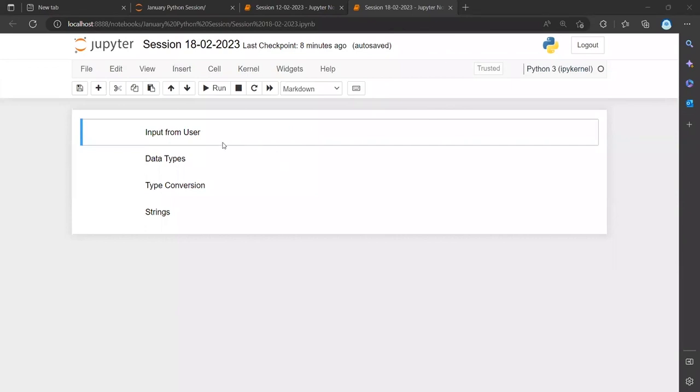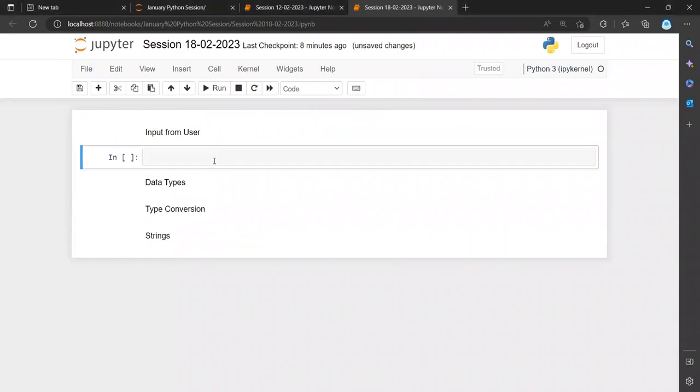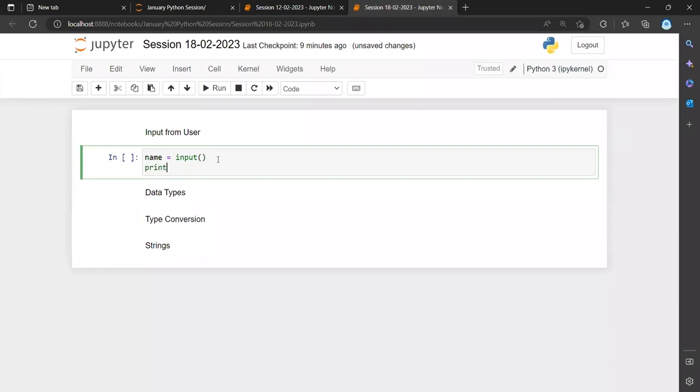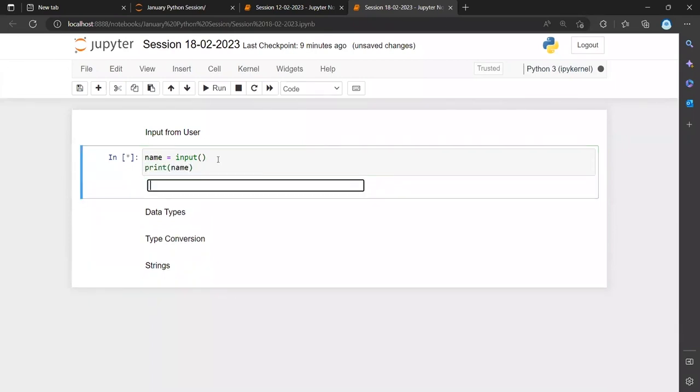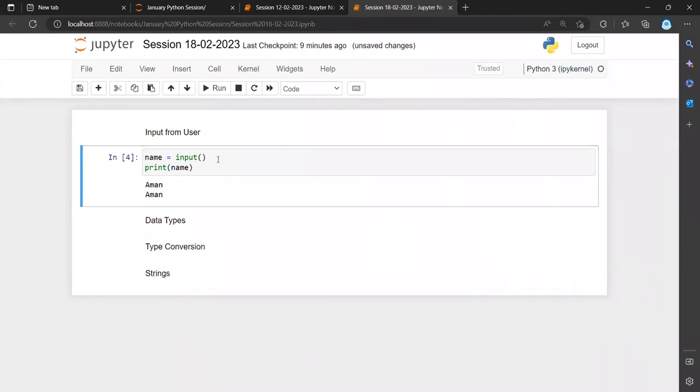So first of all, we'll take the input from the user. Taking input from the user is pretty simple. You just need to declare a variable in which you will be holding the value. Let's say name. Name is the variable. Now taking the input will be like this, input. And here we have to take the input and then we can print the name. Now let's say we enter Aman. We have taken the input as Aman and then we are printing Aman, whatever value is there